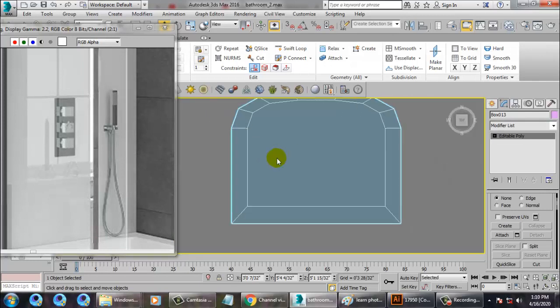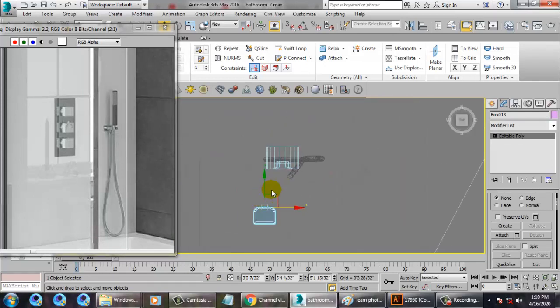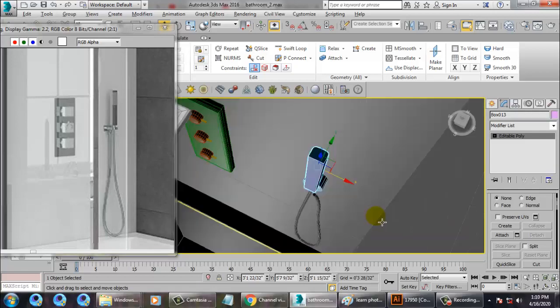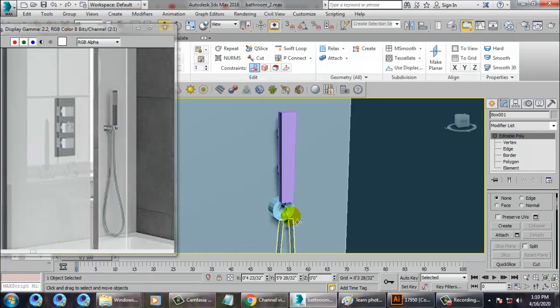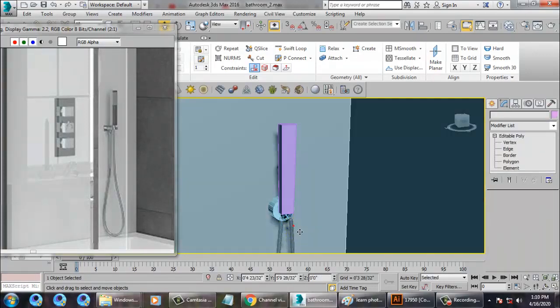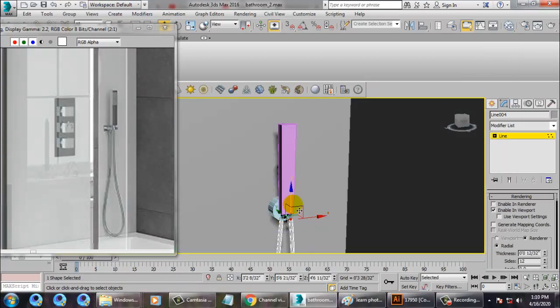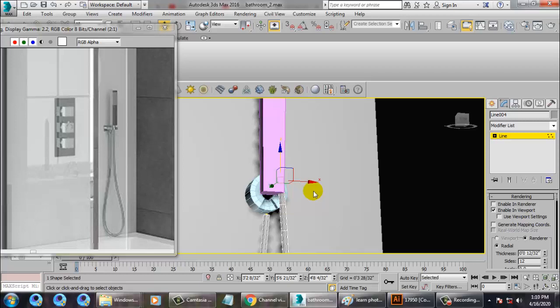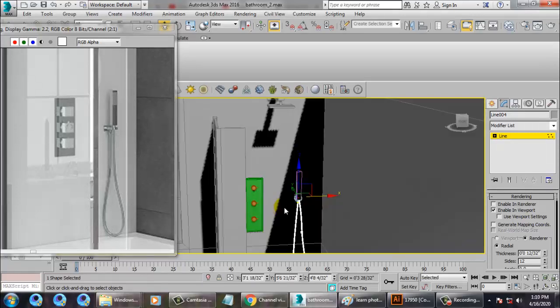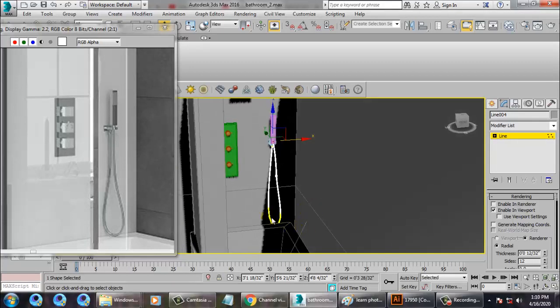So let's go to the top view and just adjust it over here. So you can just push it down, go to the vertices and let's adjust it in the right place. So on this you can just push this up.